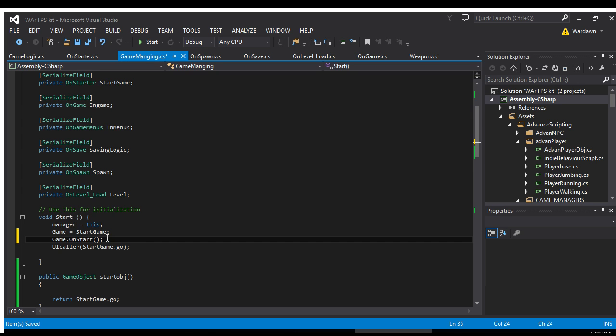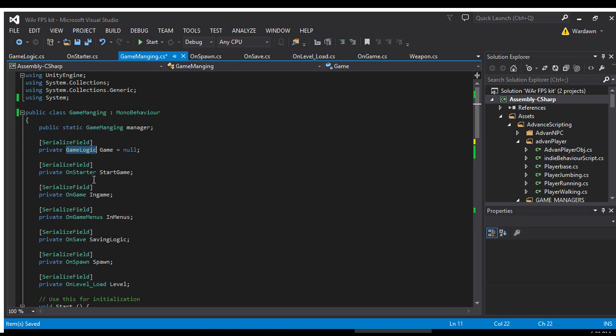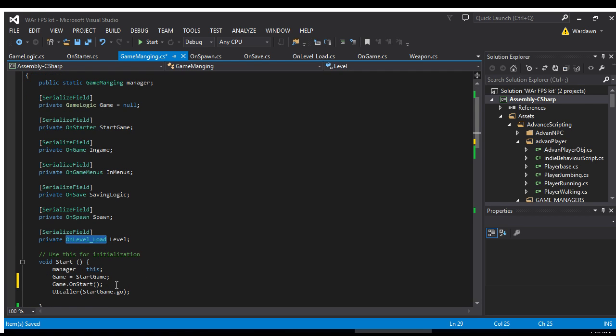And because this is stuffed in a variable like this, every single time I change this variable to start, on game, in menus, save, spawn, these all have to run beyond start